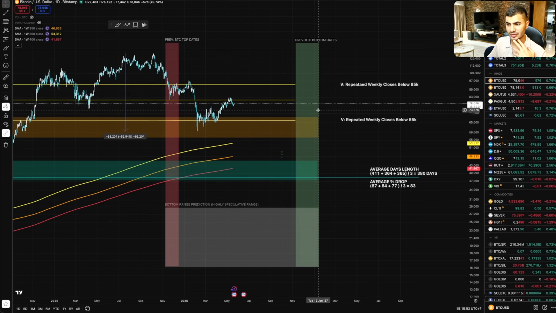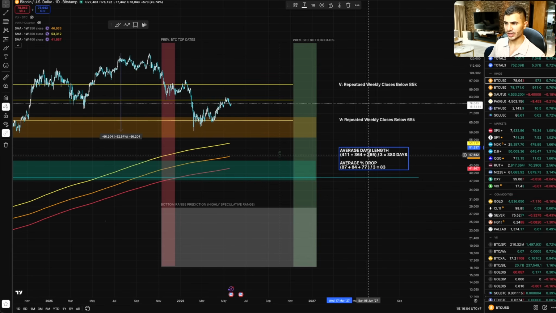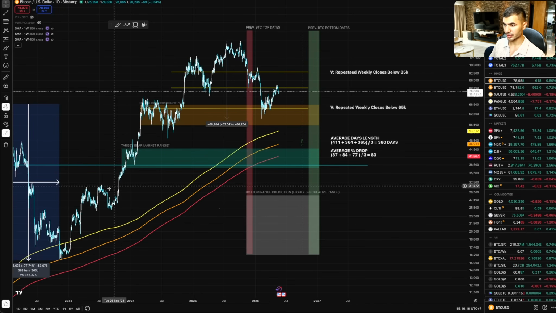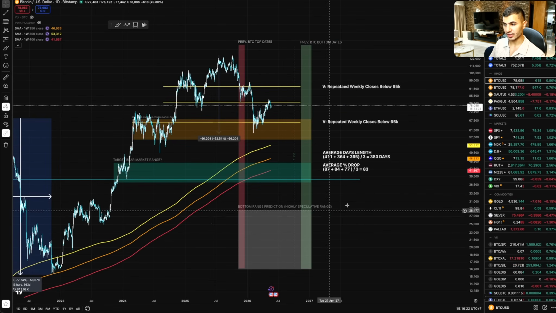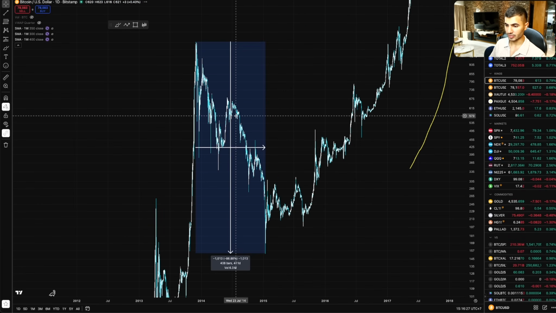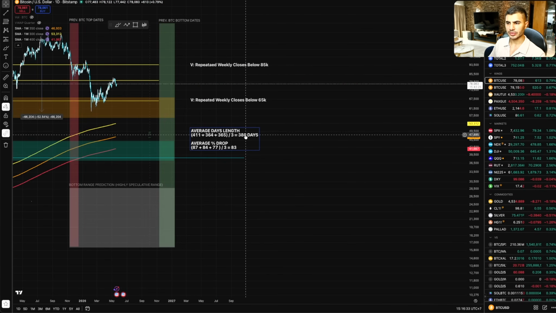From a date-wise view, based on the 4-year cycle for Bitcoin, especially the bear market phase, we should bottom somewhere around here. But statistically, if you take the number of days it took from peak to bottom, in that area it took around 363 days, but I believe it's around 364. It's just off by a little bit. So this has been 364 days. The previous one has been 365 days, and this one has been around 411 days, give or take a few days. So the average is around 380 days.